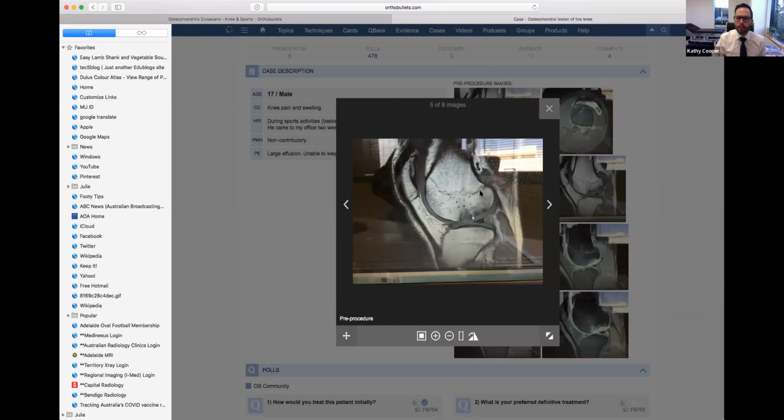The physes are closed here. That's the important thing. So again, as that zone sort of brings itself down onto the, if you're looking at the white of the bone here, then you've got this black rim. That's the zone of injury, and that's crept down onto the cortex. So that one's pretty close to